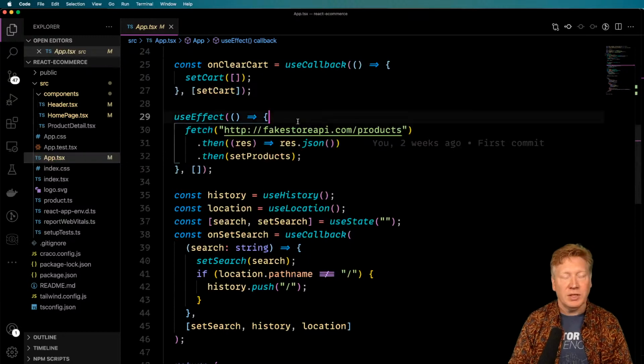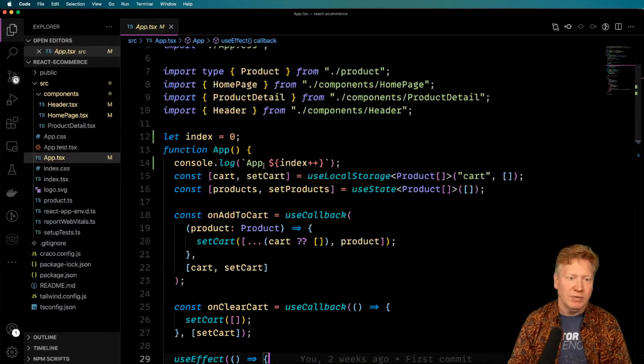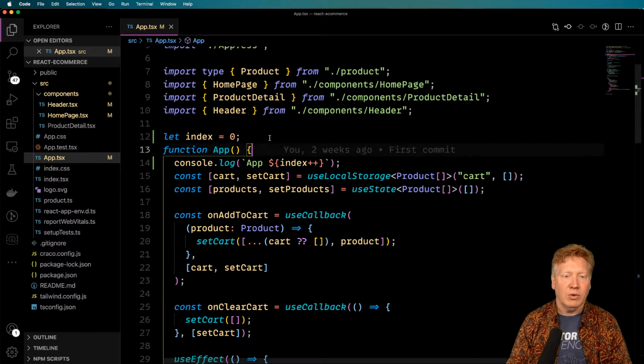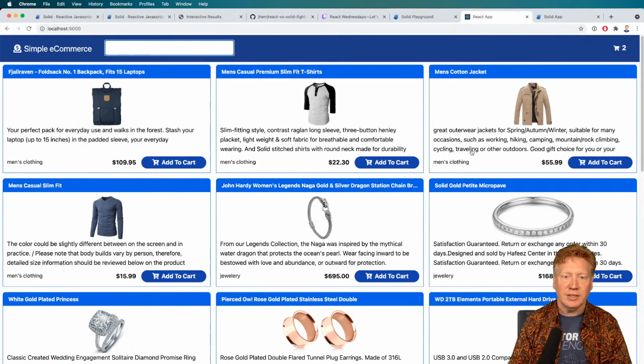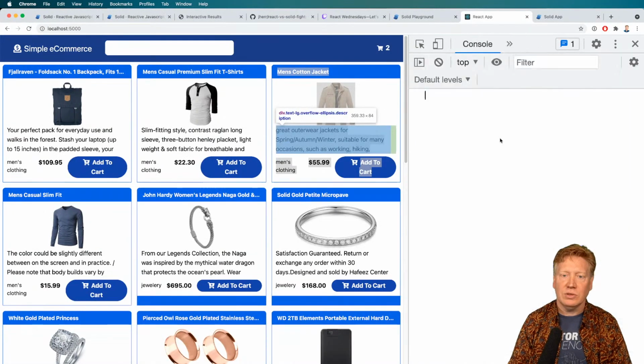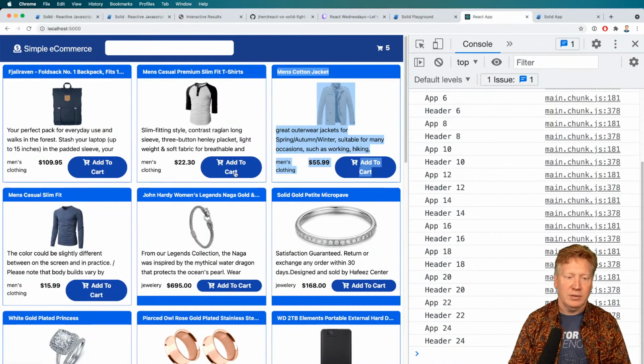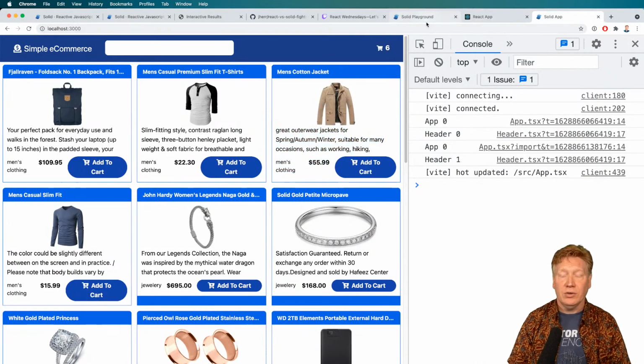If you don't think that React is doing that, let me convince you that it is. Oh, actually, I've got that instrumented right here, so there we go. Let me go over to our React page. There's the React app, and I'll go and bring up the inspector, click on the console. Yeah, and you can see every time I go and hit add to cart, for example, the header is re-rendering, the app is re-rendering, everything's re-rendering. Right? There we go, there we go, there we go. So lots of re-rendering happening in React and nothing happening over on Solid, and that's why you're getting it so